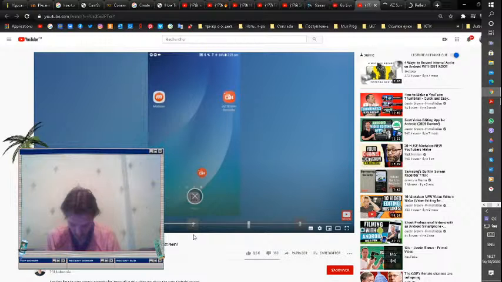So the idea is that you go through and you set all of this up first, and then whenever you want to just do a recording, you just press the little circle here and then press the record button, and that's going to start the recording. Then to stop, all you need to do is swipe down from the top and press stop recording, and the recording is then done. Once your recording's done, you can come